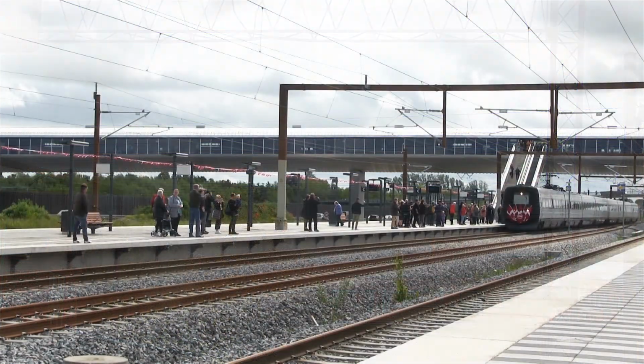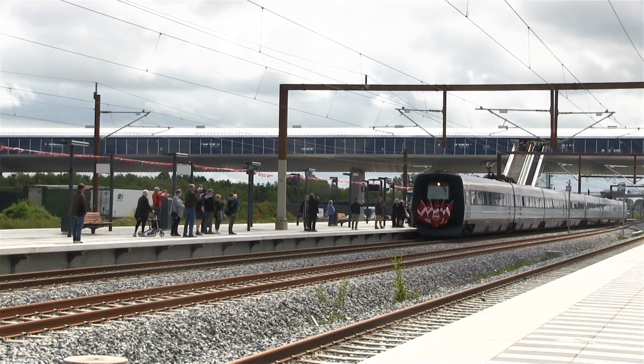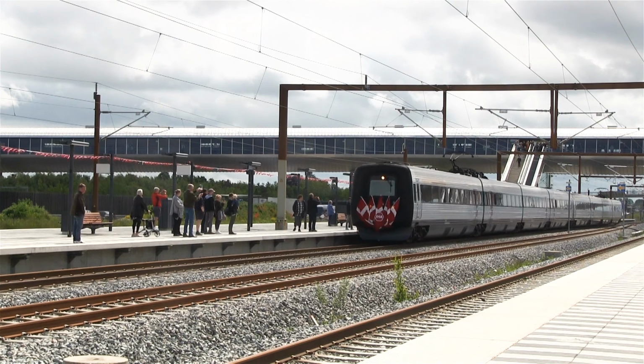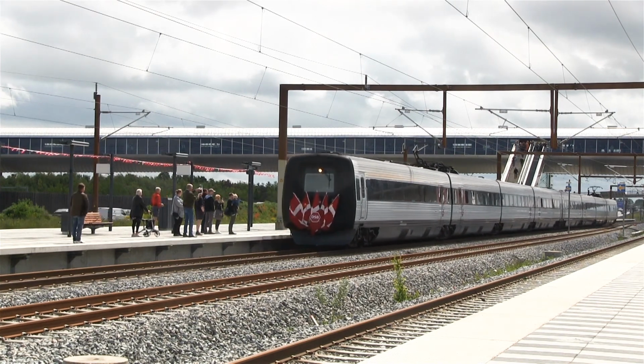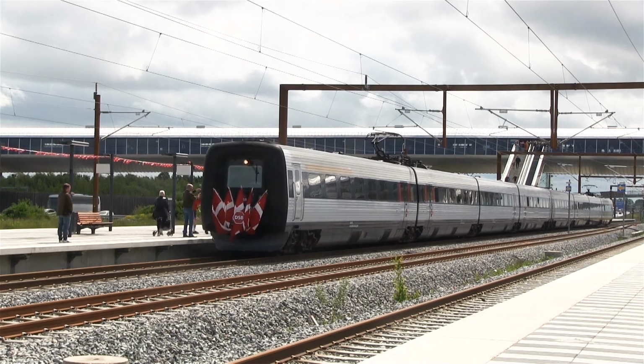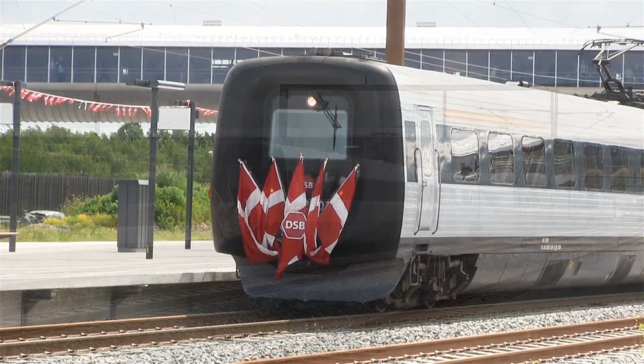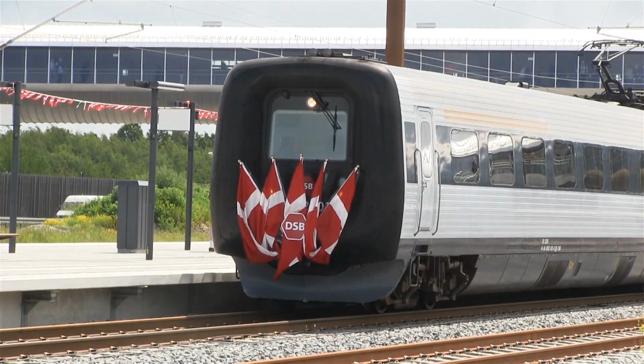In the beginning of the 90s, the IR4 EMUs appeared as the electrical variant of the IC3 DMU, and were slowly introduced on regional services. These, however, had some problems in the early years of service, as they kept having problems when passing an EA class. These problems were, however, sorted, and the IR4s became more and more frequent on regional services, while EAs were